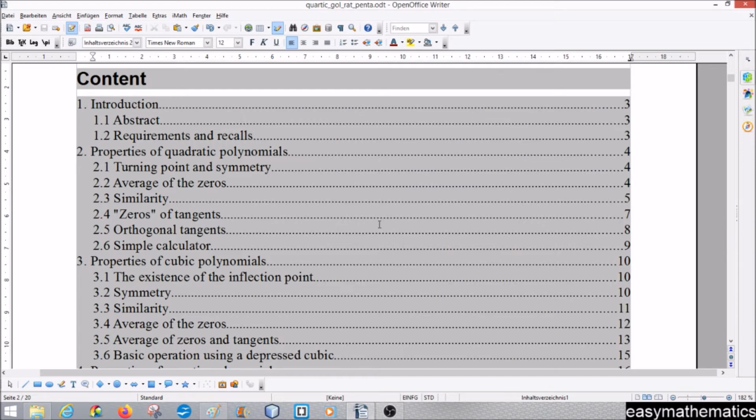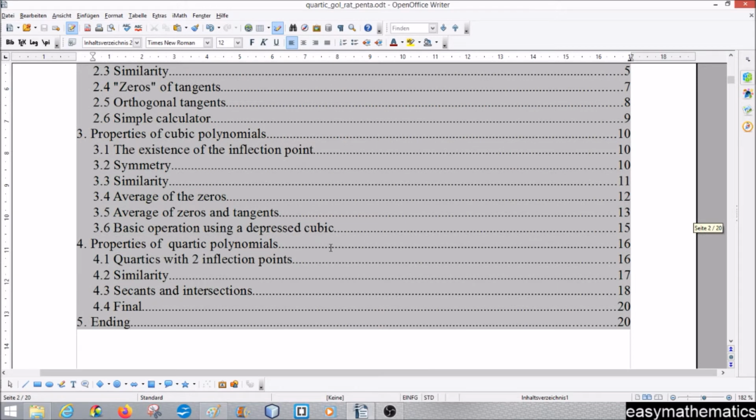parabolas. Then the third point is about similar stuff for the cubic polynomial. We prove the existence of the inflection point. Then we discuss symmetry and similarity. Then also we take a look at the average of the zeros. We take a look at the zeros and tangents. And